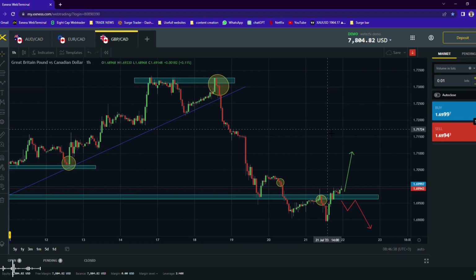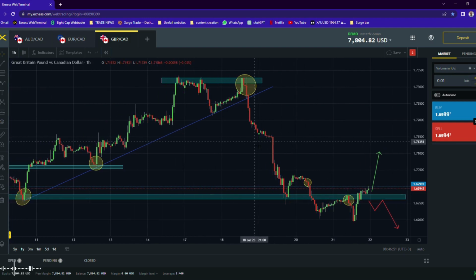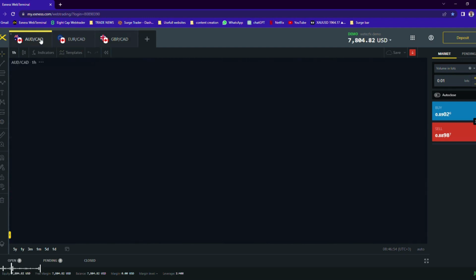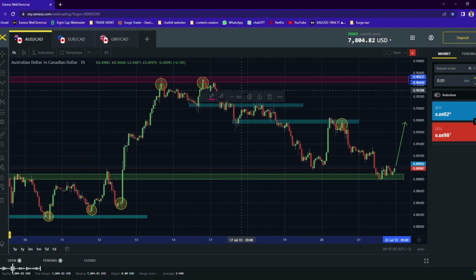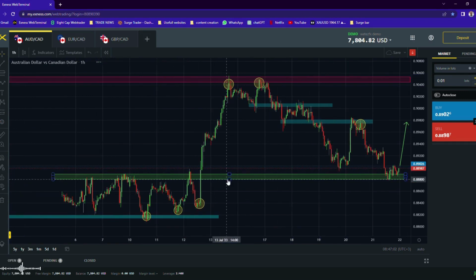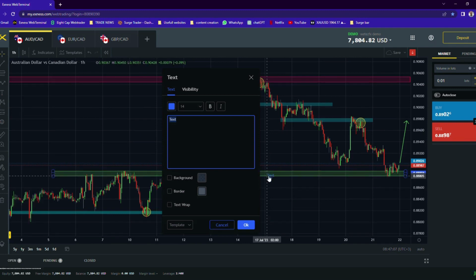So we are going to look at the next possible moves on these three Canadian pairs, which are AUD Canadian, Euro Canadian, and GBP Canadian. As we can see right here on AUD Canadian, we are looking at a very good market structure right here. This is 4 hour